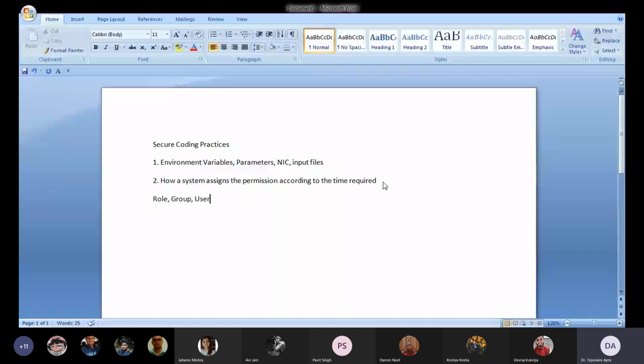Am I supposed to put them into a single role? So I need to understand which kind of users can be put into a single role, which has some specific time requirement. The third thing is